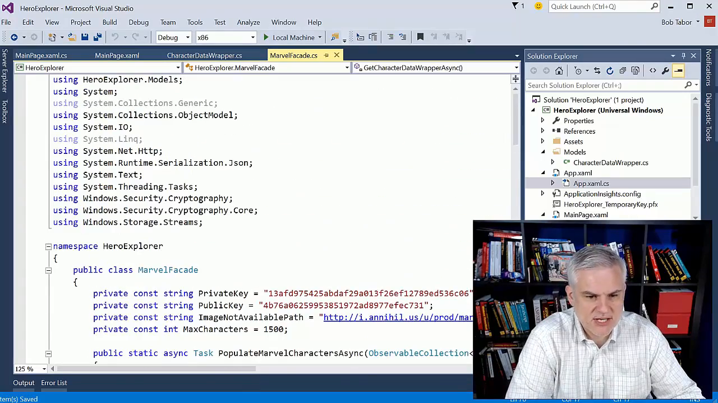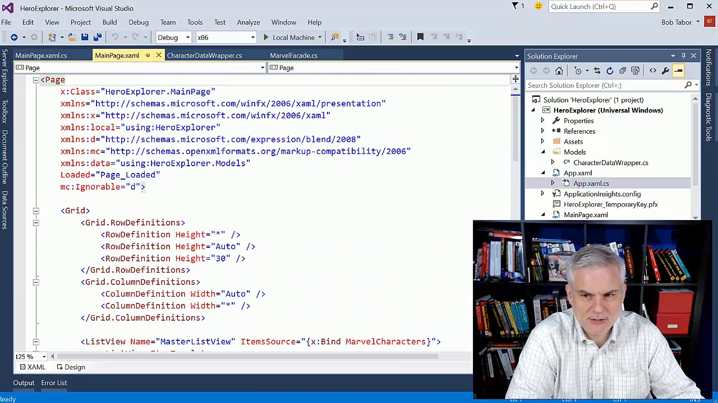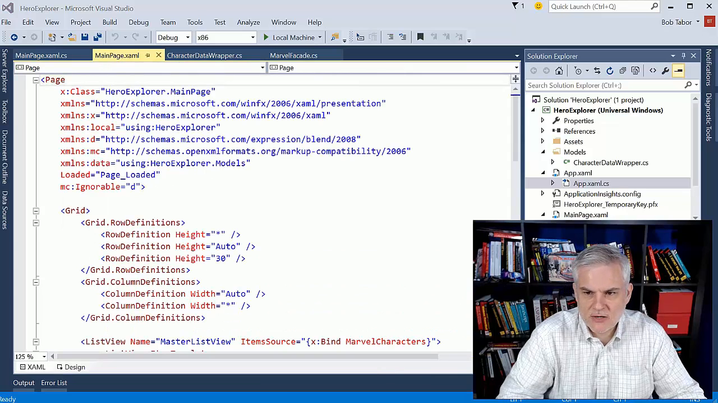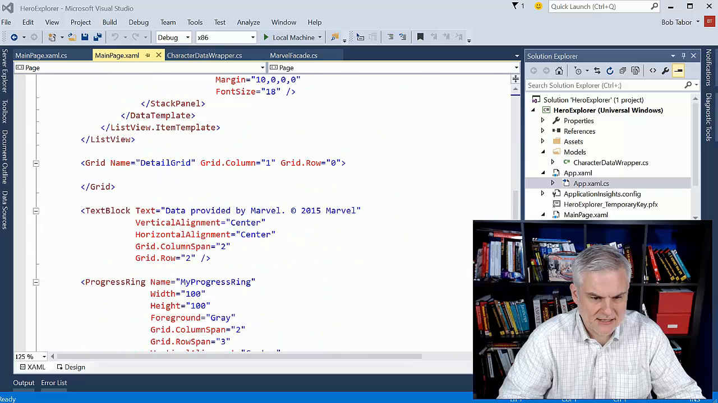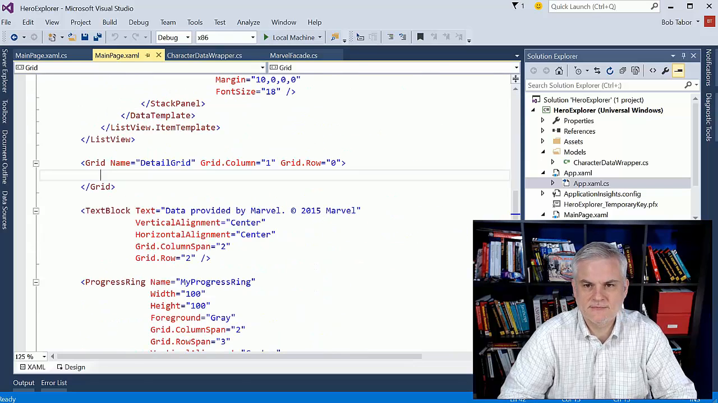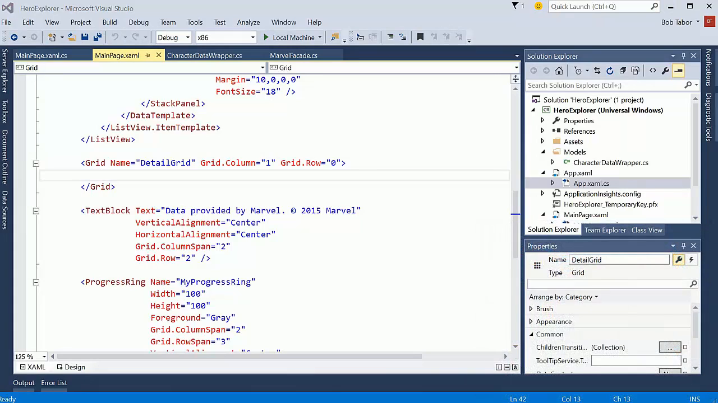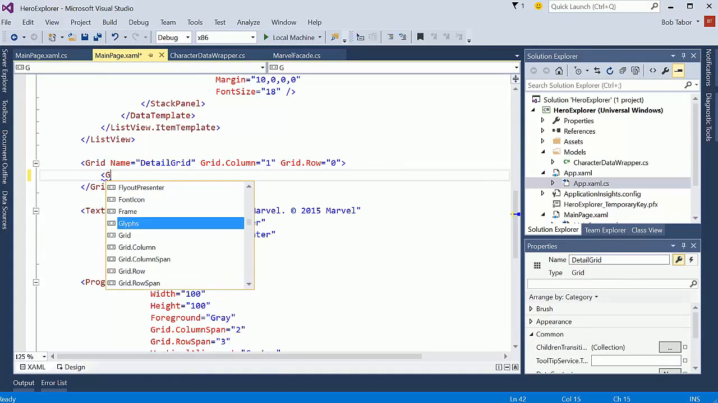But let's start off with the simple stuff. I'm going to go over here to the main page.xaml. And what I want to do is flesh out the grid, the details grid, the detail grid. All right, let me get into code mode here. And what we're going to want to do is create some row definitions. And there's going to be three